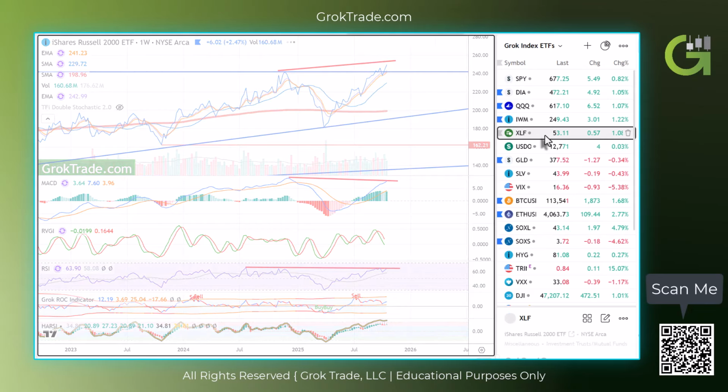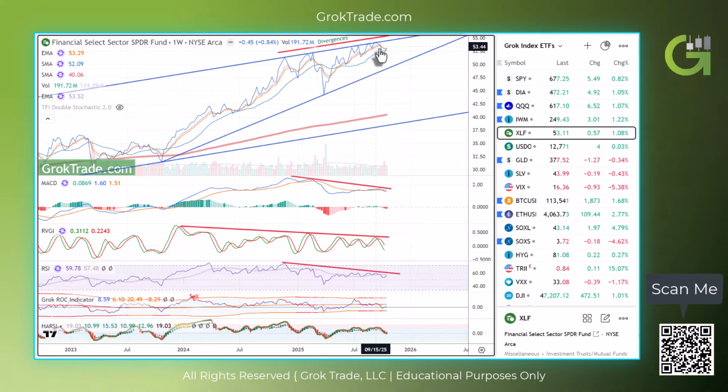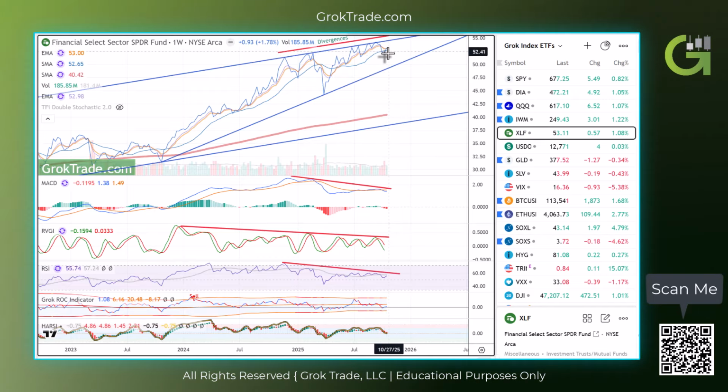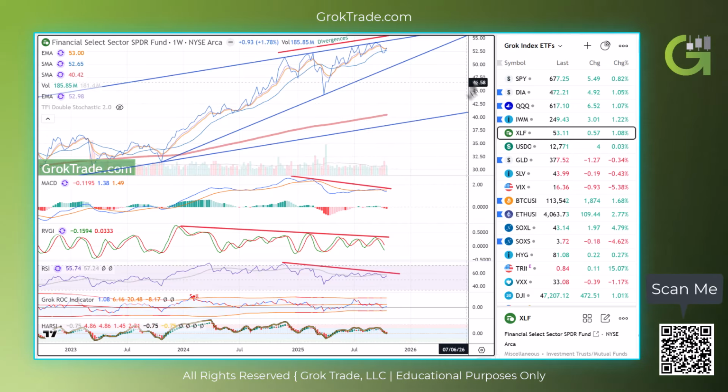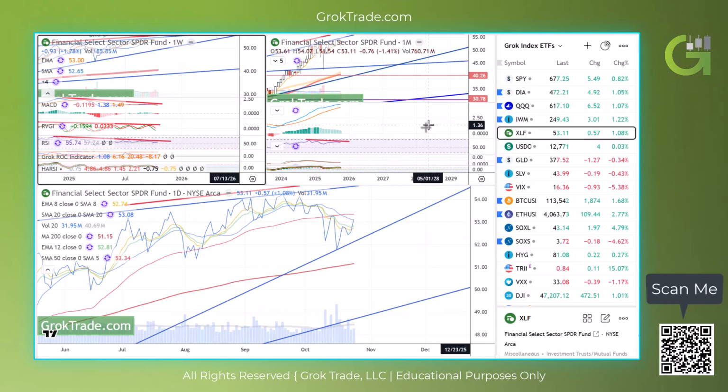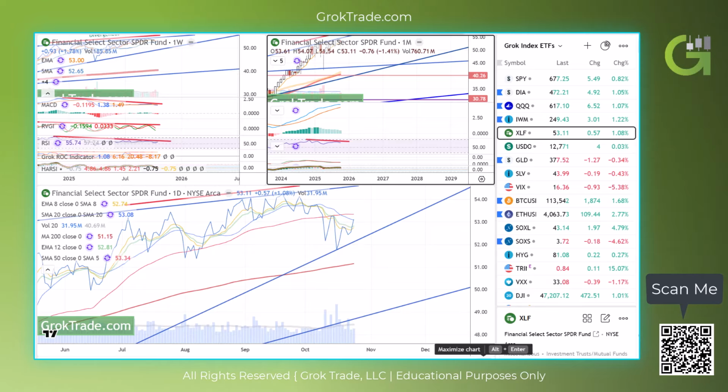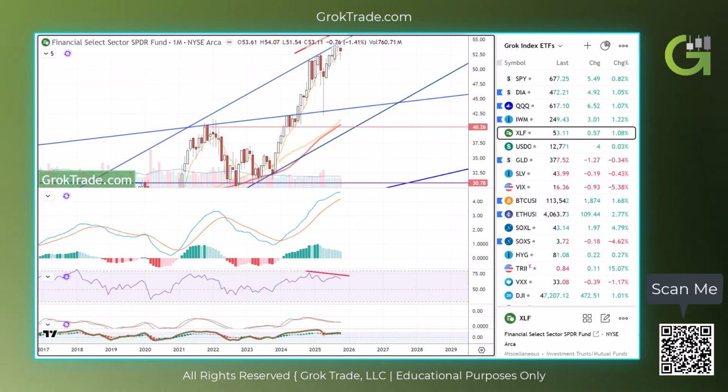Financials on the weekly chart, big rising wedge. We're caught up in the moving averages. We're starting to get below it a little bit here. Big, nasty bearish divergences across the board. And I know the month isn't over yet. It will wrap up next week, I believe. And you take a look at the monthly,